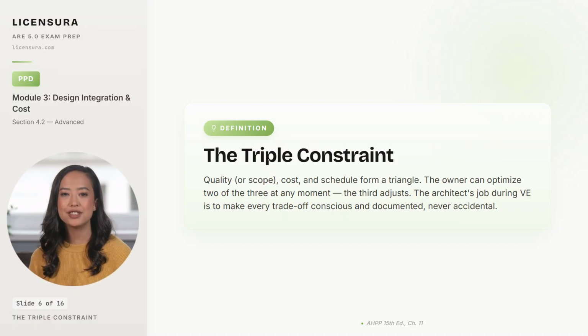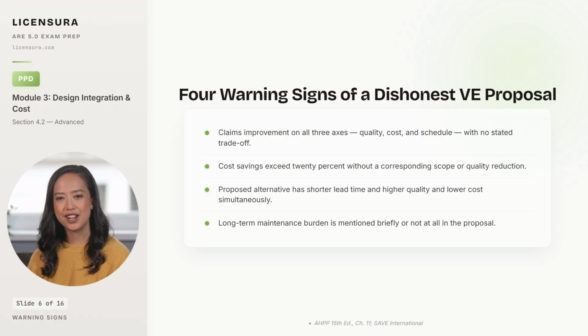4 warning signs flag a VE proposal that is hiding the trade-off it doesn't want you to see. 4 warning signs that a VE proposal is hiding the trade-off the architect needs to identify before signing off. First, if the proposal claims improvement on all 3 axes, better quality, lower cost, faster schedule, with no stated trade-off, something is wrong. Either the proposal contains a function reduction the proposer did not disclose, or it shifts a long-term